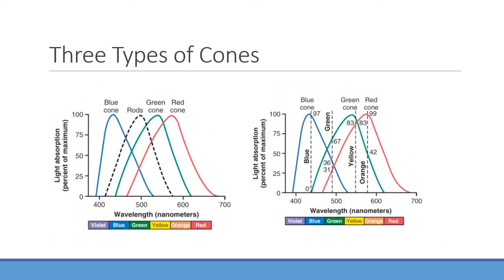So I mentioned there's three types of cones that are available. We have red, green, and blue cones. And again, they're all mainly trying to focus on a certain spectrum of visible light. Again, red cones see one specific set of colors, green sees another, and blue sees a totally different one. Right? Rods are kind of right in the middle there, but they're most closely related to the green cones from that standpoint.